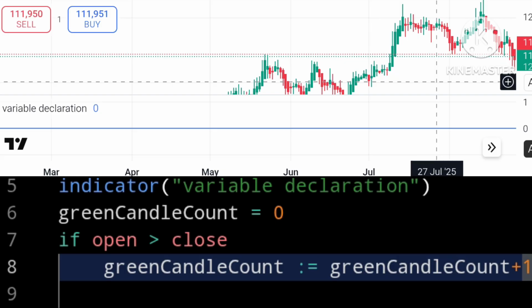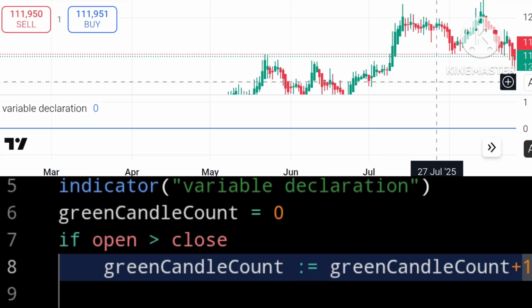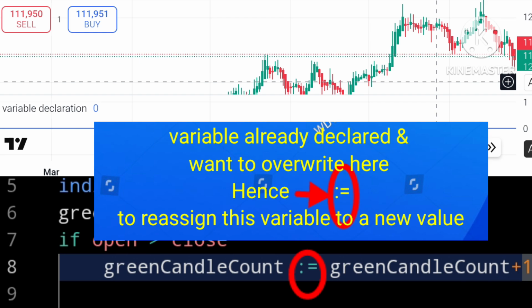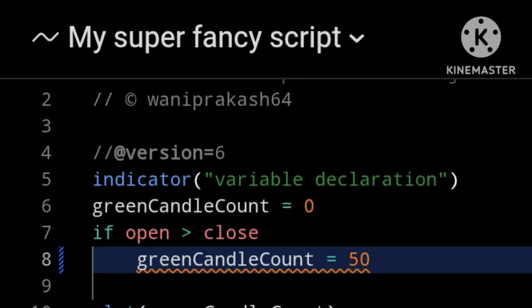Now notice that I used the colon equals operator here and I did not just use equals. The reason for this is that once a variable is already declared, in order to override the value we have given it, we need to use the colon equals operator to reassign this variable to a new value. So for example, if I set this to 50 and I save the script, we will still